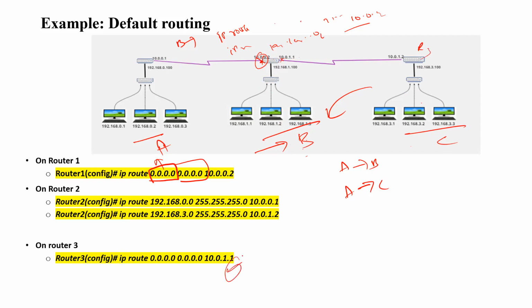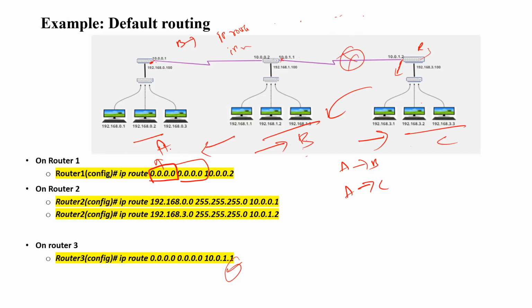But from R2, from B to A and B to C, it's not possible to configure the default route, right? Because if it wants to reach A, the next hop is this one. If you want to reach C, the next hop is this one. So if you write only one path, the traffic won't go to the right place. It will come to here only. Suppose